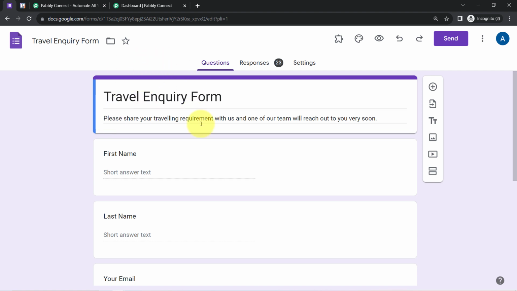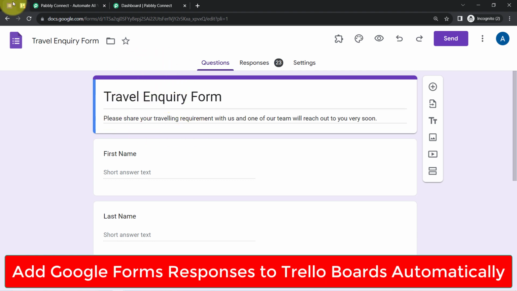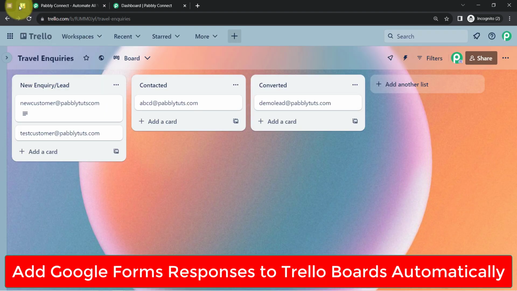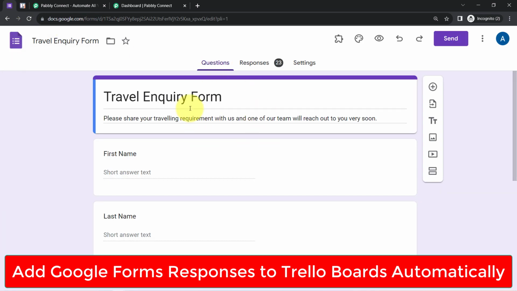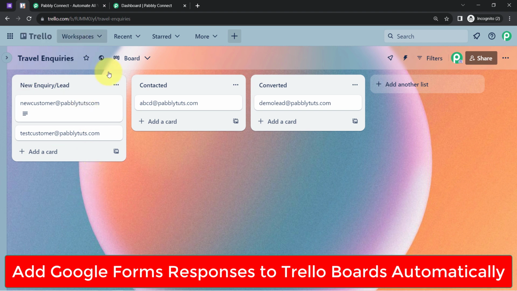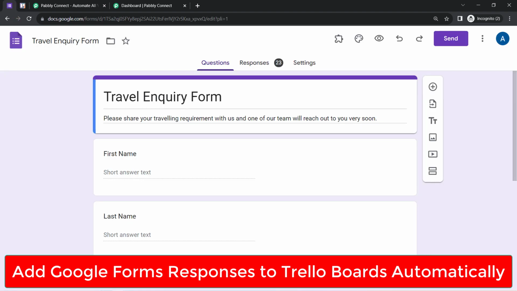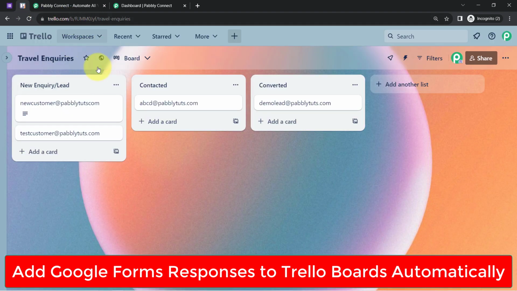In this video, I will show you how to add your Google Forms responses to Trello boards automatically. So in front of you, I will submit this form and you will see how my details will be created as a card in this Trello board. But to do that, firstly, I'll have to build an automation in this Google Forms and in this Trello application,